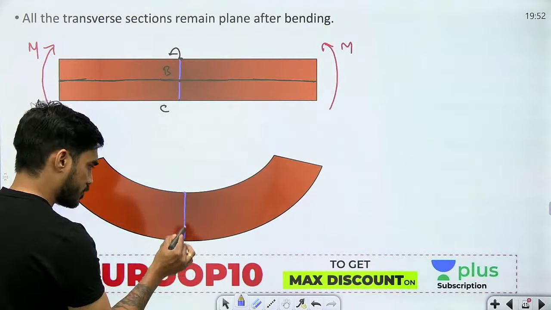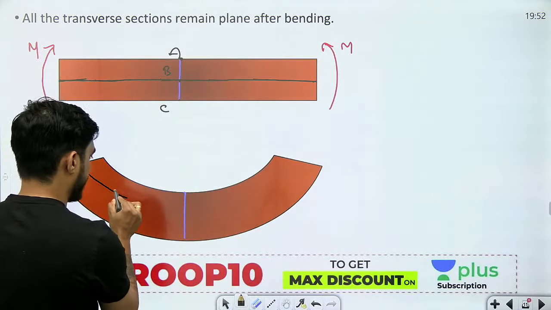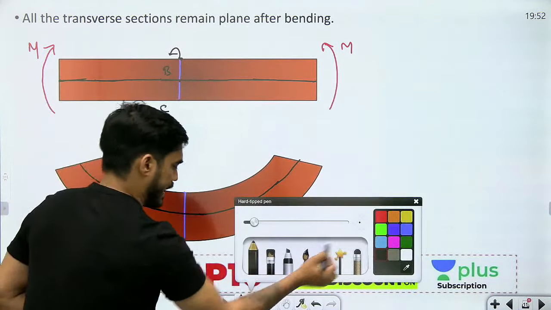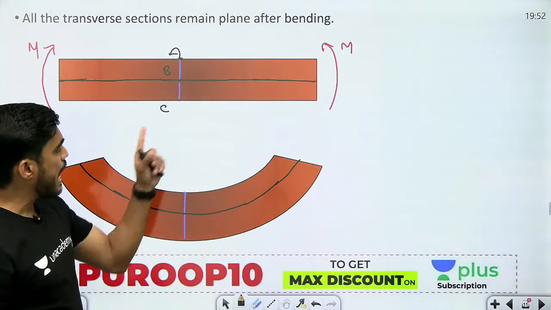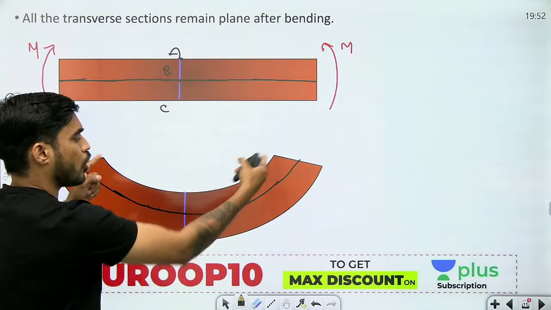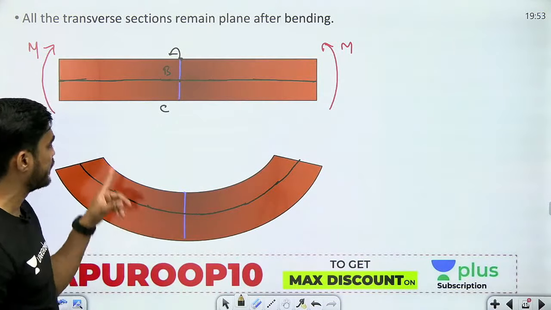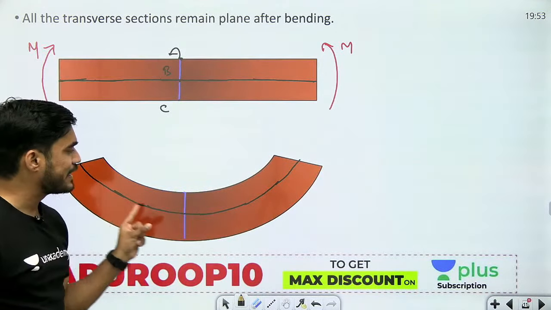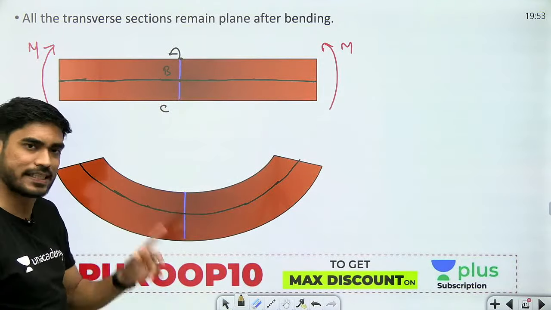Now look at this. Understand how the beam is deformed. Okay. So beta, initially the beam was like this, right? Now after bending, what is going to happen? After bending, you can see that the top layer is compressed and the bottom layer is expanded, right? आप देख सकते हो कि top layer जो है वो compress हो चुकी है और bottom की layer expand हो चुकी है and the central layer is undeformed. Central layer जो है वो undeformed है, वो पहले जैसी थी अभी भी वैसी ही है.